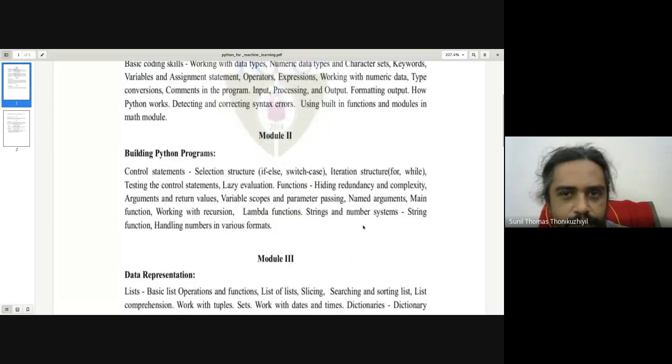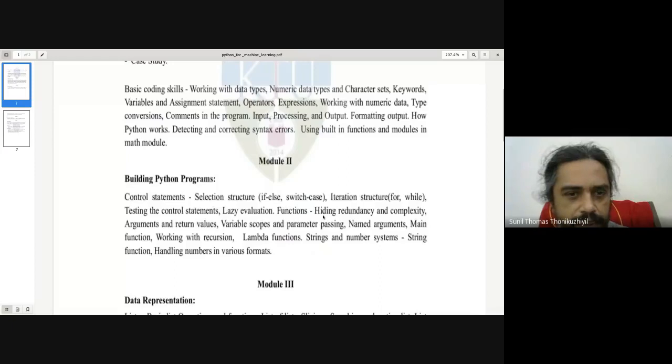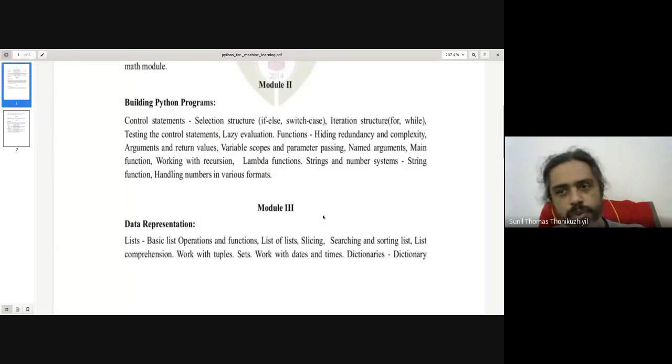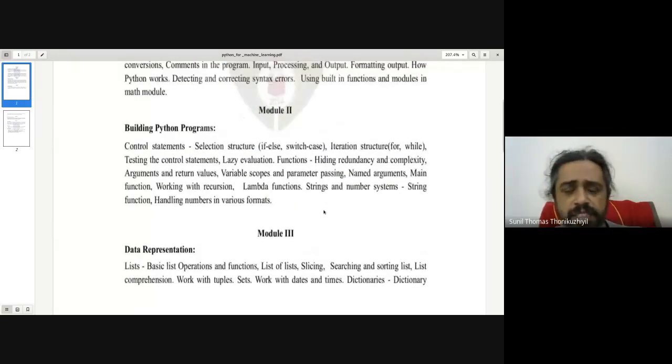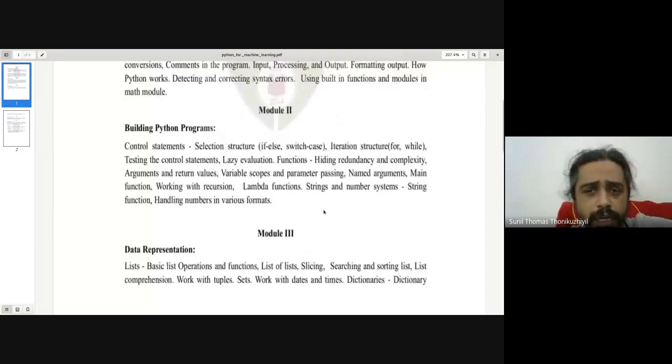And then module 2, our Python coding continues. Maybe like functions, lambda functions, strings, number systems. So actually these first two modules are very easy. And maybe we will quickly cover it, like another 5 or 6 lectures will finish the first two modules, whereas